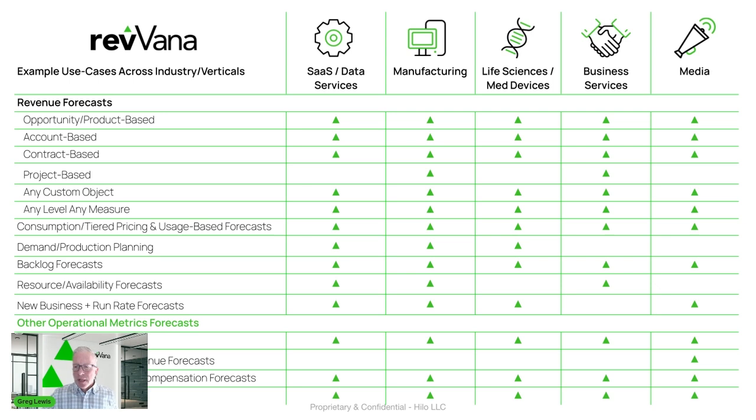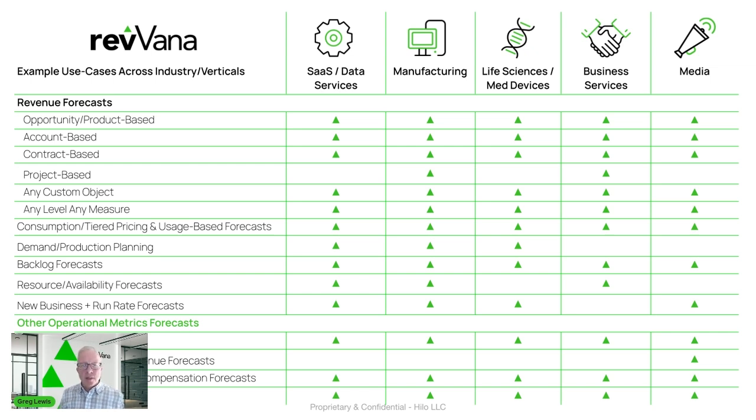Let's talk a little bit about industry models. This is a sampling of some of the industries we work with at revVana, our customer base. More importantly, look at the types of revenue forecasts and forecasts that stem from Salesforce data. We all know about pipeline, but there's the ongoing revenue from pipeline. There's account-based forecasts from things like sales agreements in Salesforce. A lot of our customers have contractual terms and order terms stored in Salesforce as well. Crucial information to expand revenue, demand, and other forecasts.